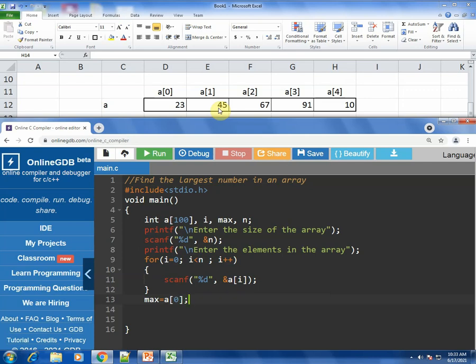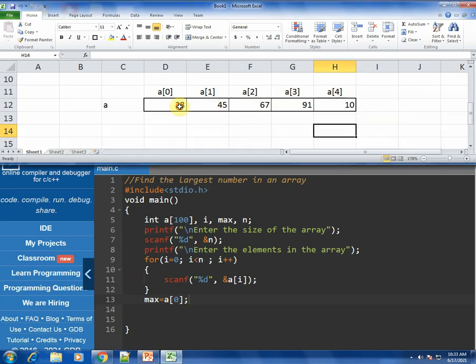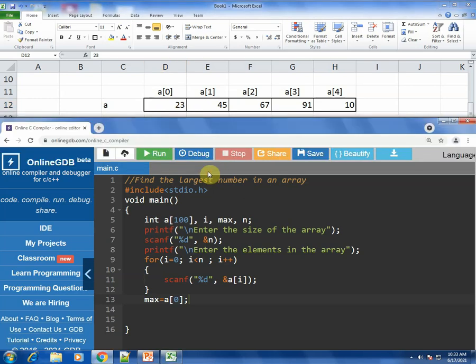So basically max, which is the maximum element, is initialized to the first element of the array. In my example on the top, 23 is the first element, so max will be initialized to 23. The reason behind doing that is you need some kind of a starting point to start off with the comparison. Hence we do this.